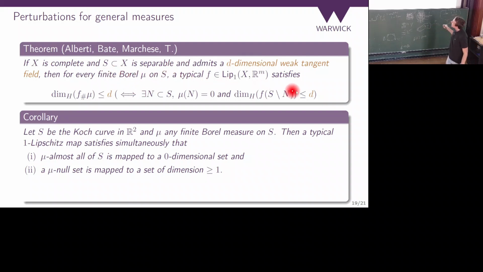So when I show you the other statement, it will not be in terms of the weak tangent field, but in terms of Alberti representations. Secondly, we can't do it in a metric space. As I said, the problem with general metric spaces is this: if you have a norm that's not round very much. So I will state it just in R^n, even though, as I said, it works in uniformly convex Banach spaces.